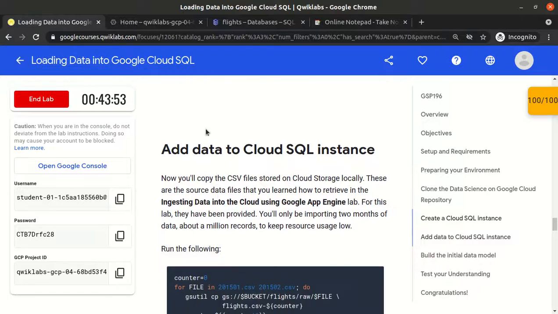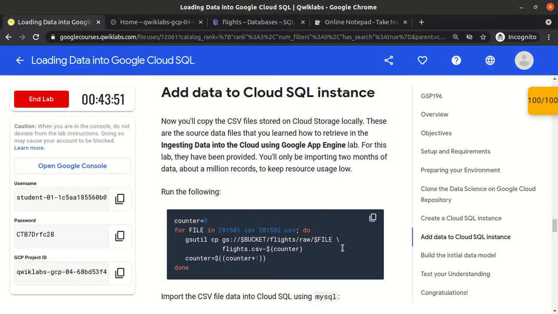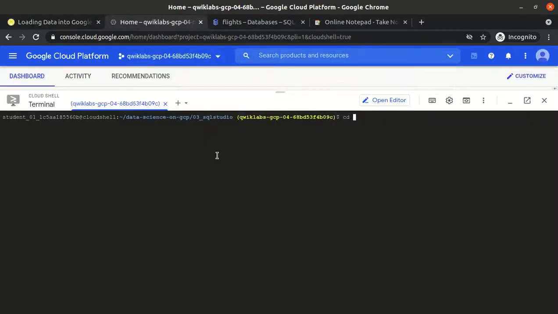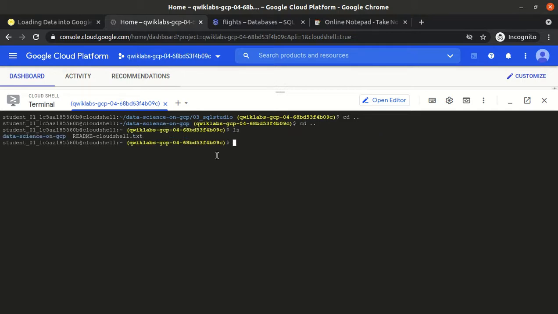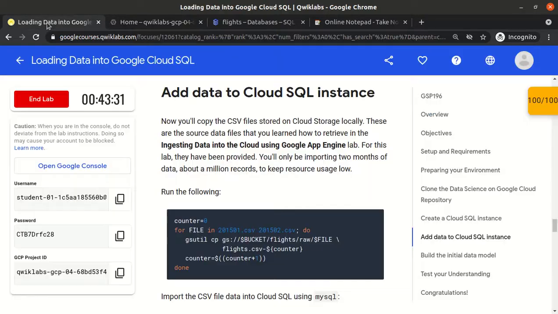But where does the CSV file exist? The CSV file exists in our cloud storage. So first we will copy the CSV file into our local VM, or you can say this attachment. We are just issuing the gsutil cp command, and that's it.